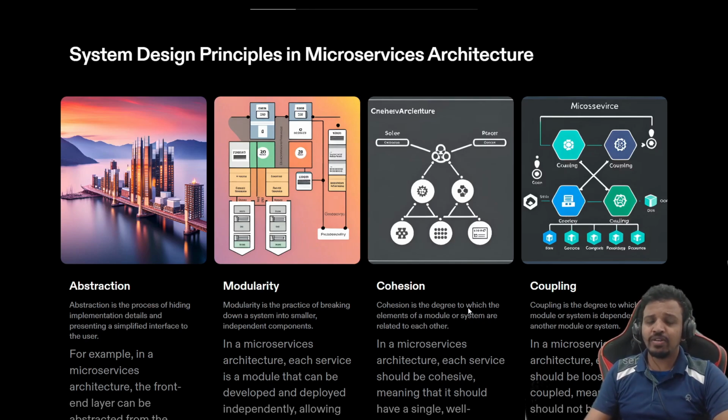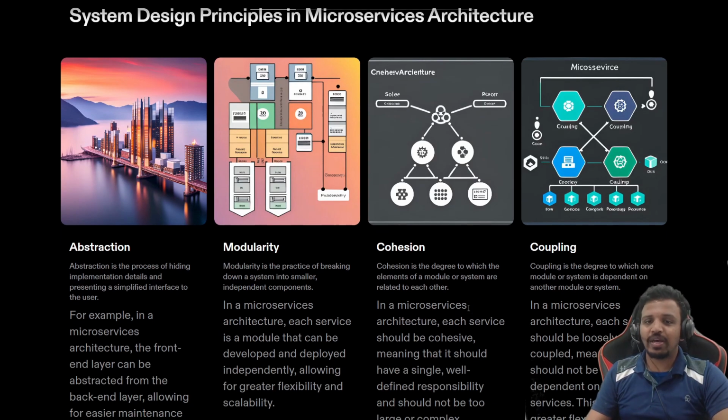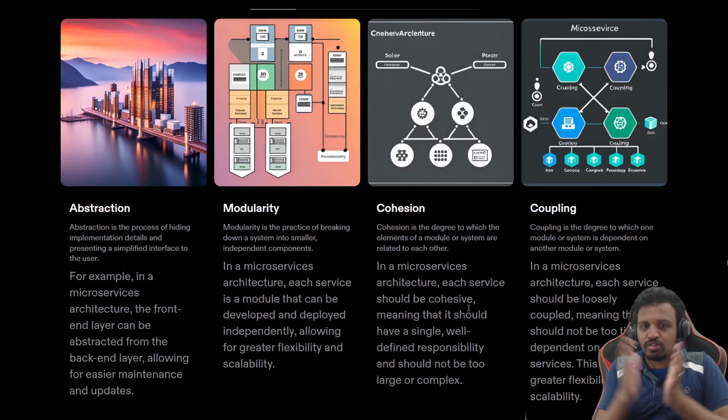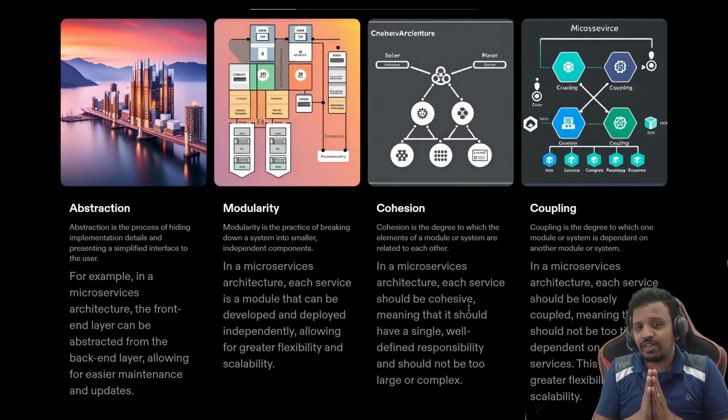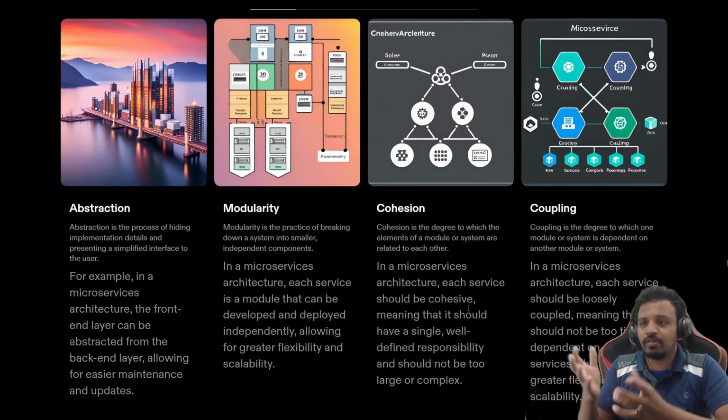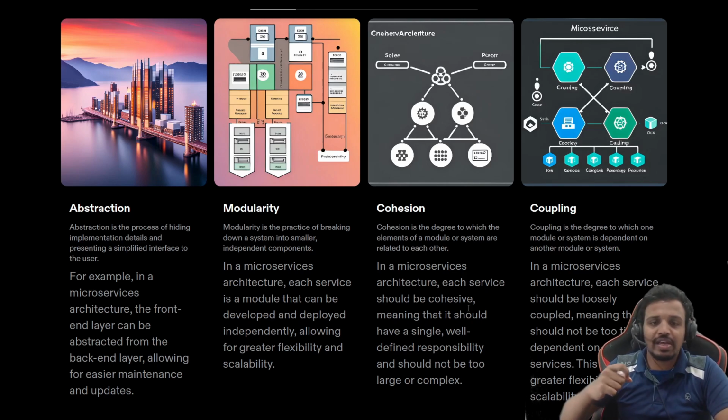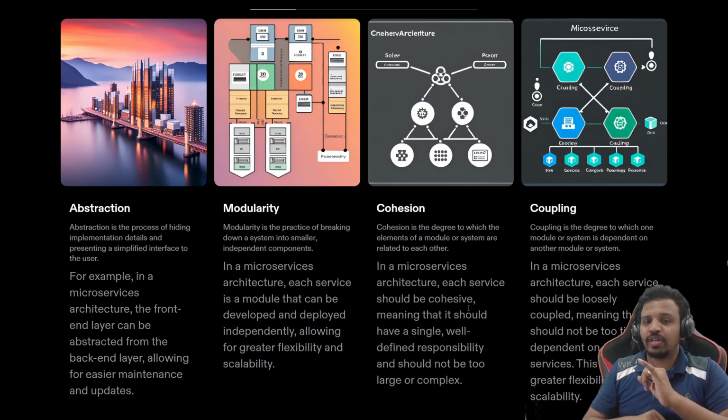Coming to the principles of system design, first is abstraction. What does abstraction mean? Abstract means show me the fewest possible details. When I go to a shop, I say give me that XYZ product. He will not tell me how it is built, from where, which vendor he got it from, what price he bought it at, what price he is selling it to me at, and what the profit is. No. Okay, let's take one more example.